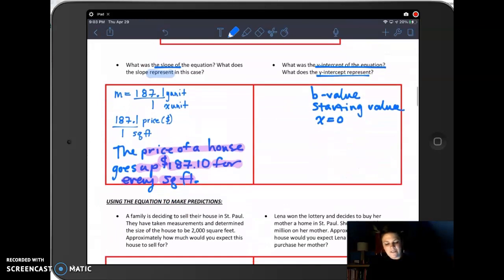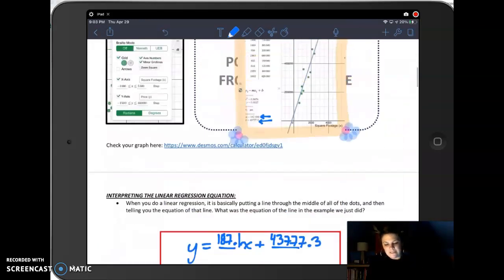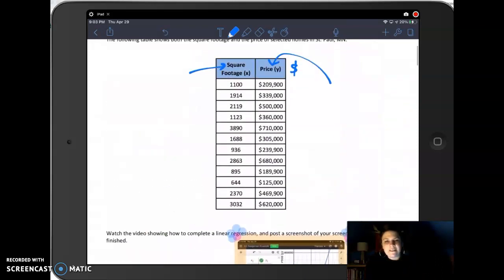So it is the starting value in dollars when x is 0. Going back up, x is square footage, so that would be 0 square feet. Basically, how much would it cost to buy a house that is 0 feet